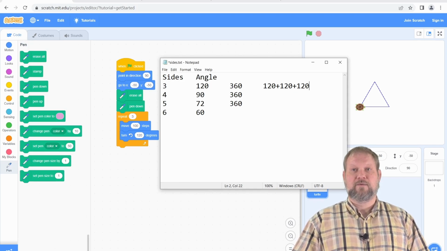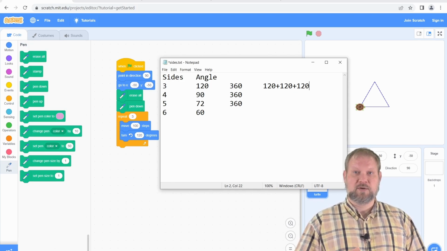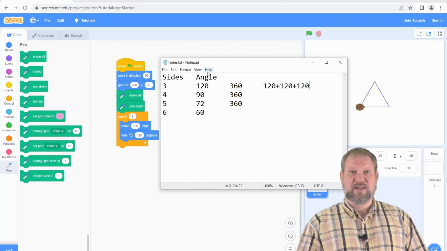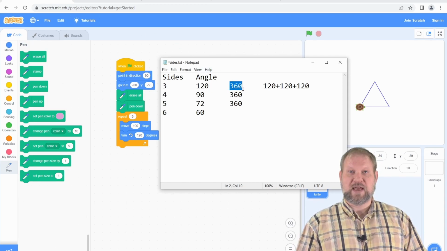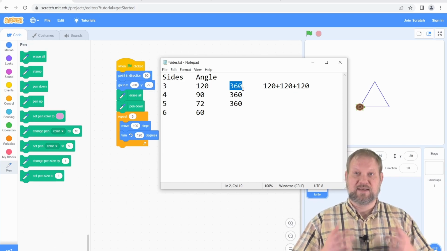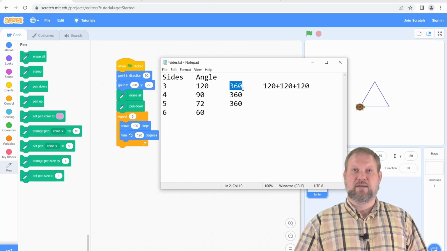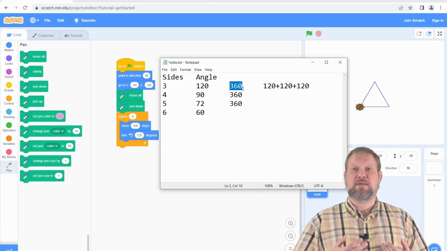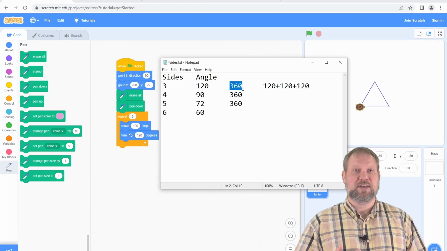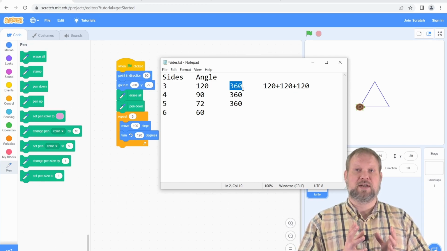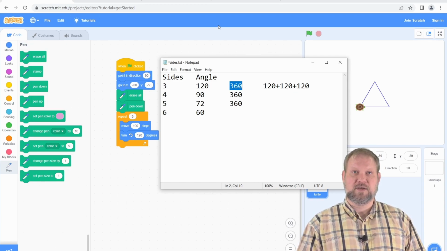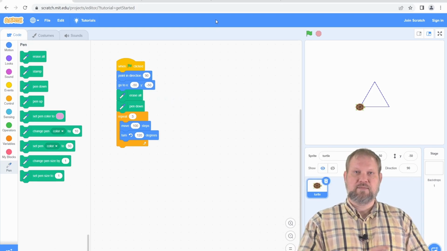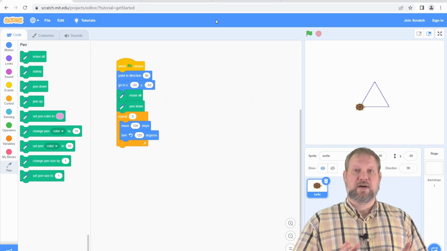Now, for those of you that have really spent some time in geometry, you know that the sum of all the exterior angles of a shape adds up to 360. So you already had this kind of floating in the back of your head, and you may not have even needed this table to see that. But the tables can be an extremely useful teaching tool to help the students really see a concrete connection between the details of these programs. So with that in mind, let's modify this program so that we can draw any arbitrary number of sides,